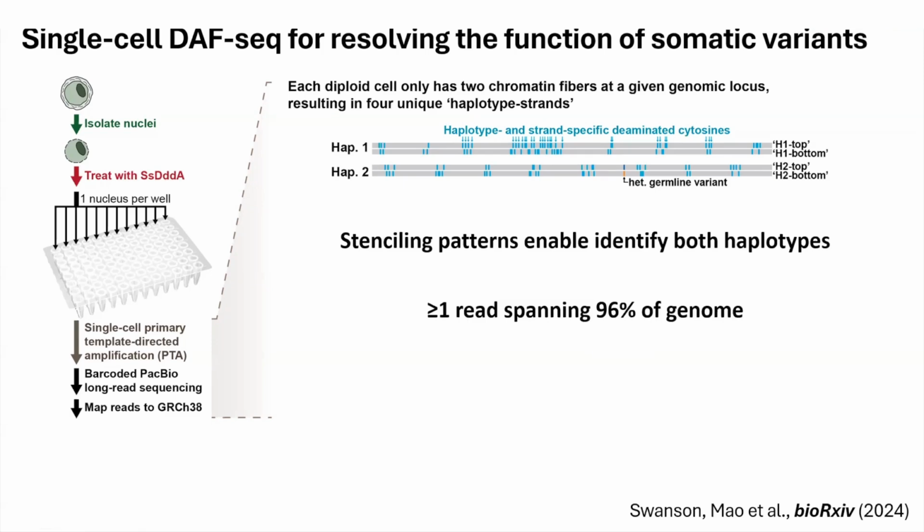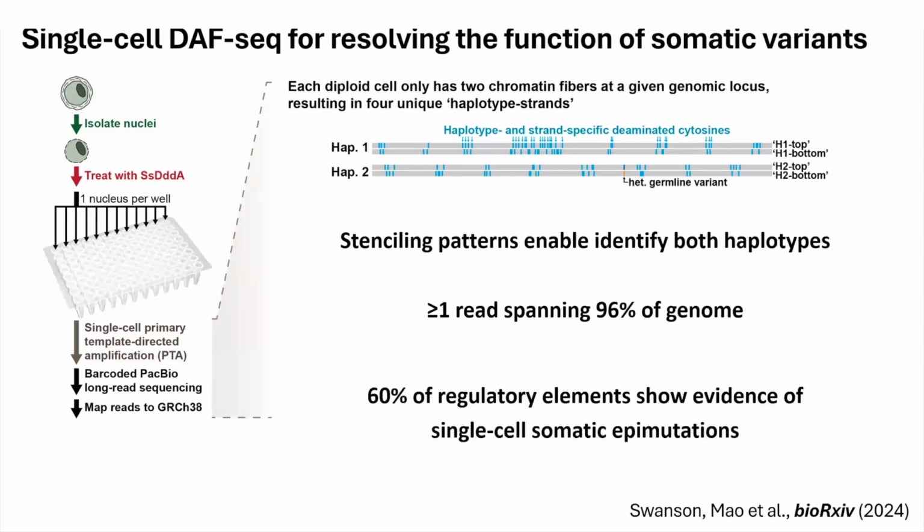So when we did this, we were able to demonstrate that we can have really good coverage of how the genome not only exists in terms of its genetic architecture, but also in terms of its structure from a chromatin perspective, across nearly the entire human genome within a single cell, really an unprecedented resolution in that regard. And furthermore, one of the more surprising things when we did this methodology is we actually identified that